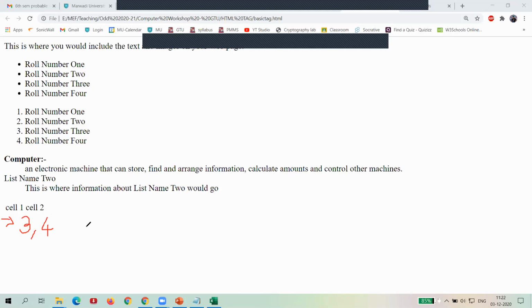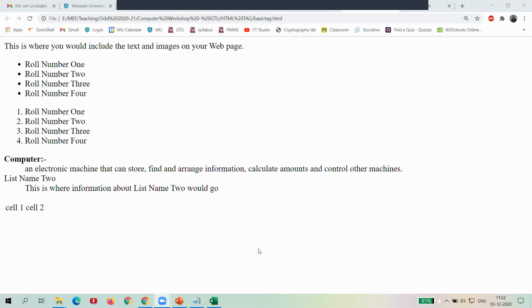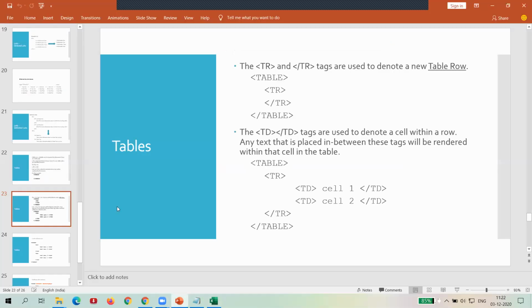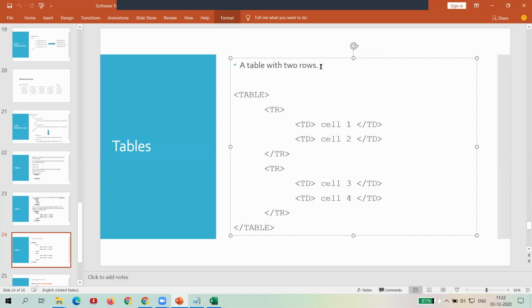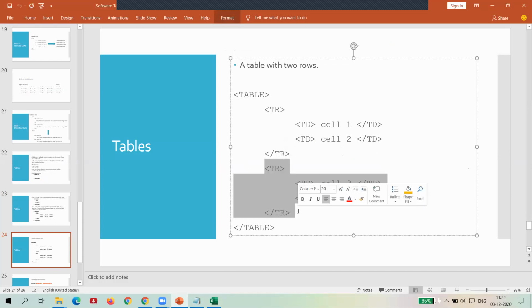So that's why I have to create one more tr tag. In this I have added two td tags. That means I have created a table with two rows. I have to start another table row tag, in this the table data, and again the closing is required. So we go for that.